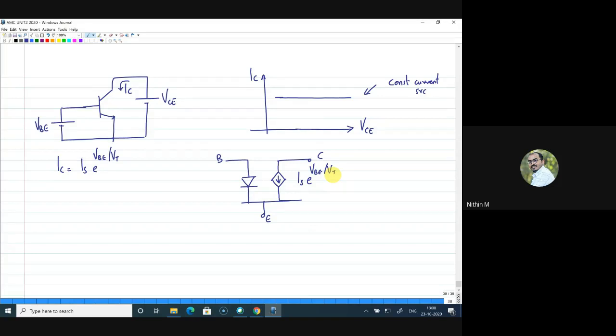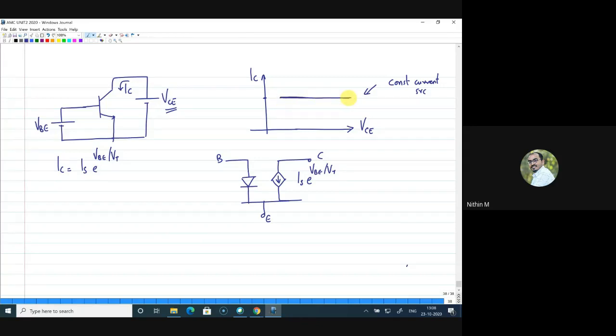Let me explain in this way. Let me ask this question first. What will happen if your collector to emitter voltage, this VC voltage, I don't know how many of you noticed that even before, when I drew this graph, I was not actually connecting with respect to this y-axis. I thought some of you would ask that question. I have drawn it in this form. I have started this line from somewhere here.